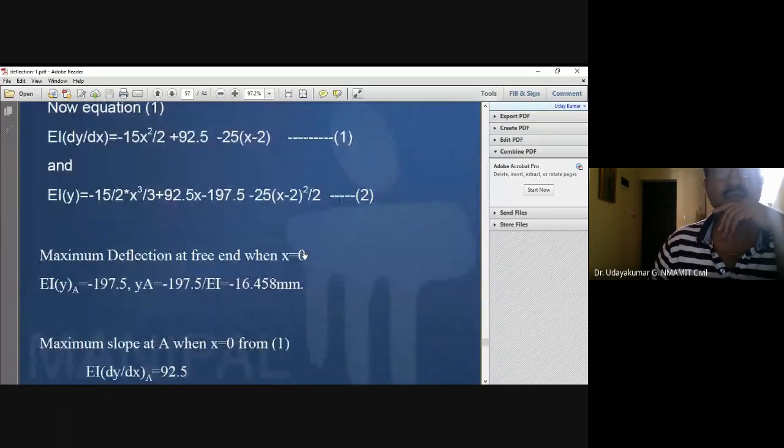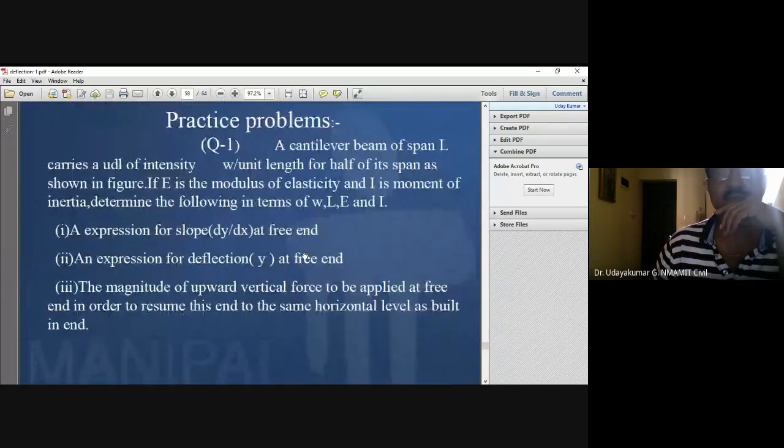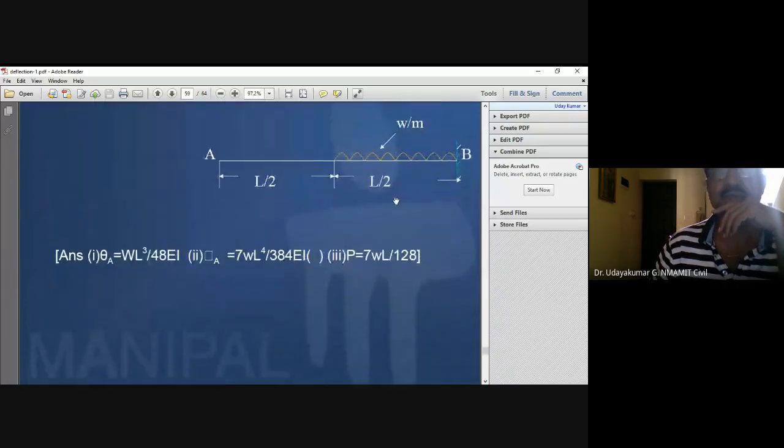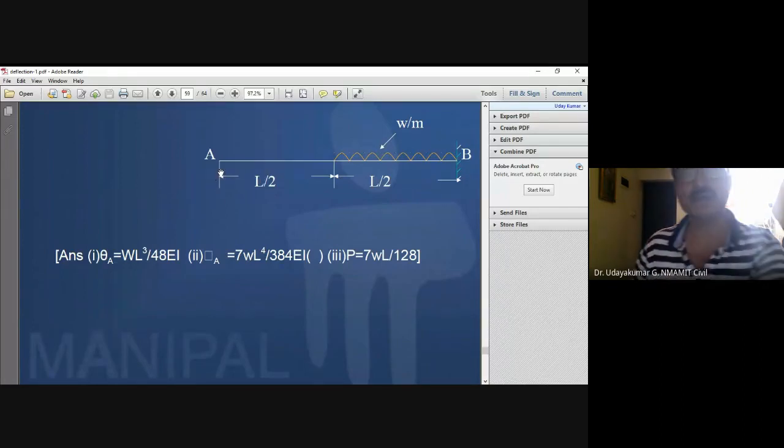Similarly, coming to the cantilever problems, the beam is written like this. Just to write the equation, you can take the fixed end at the left hand and the free end at the right hand, and start taking a section from the free end. So for a cantilever, always start from the free end. Now this is the free end, and write down the equation by taking this part.